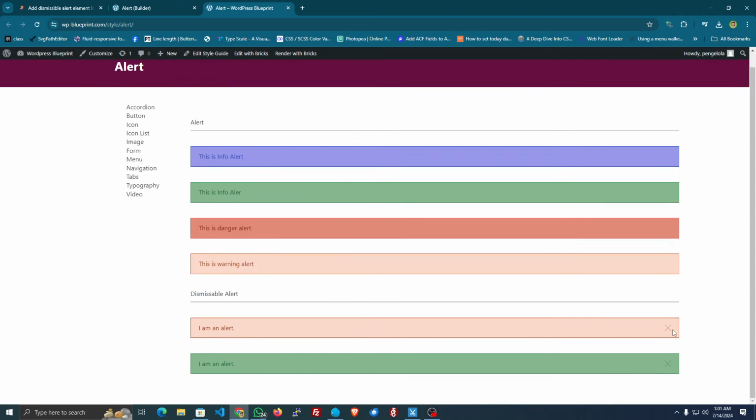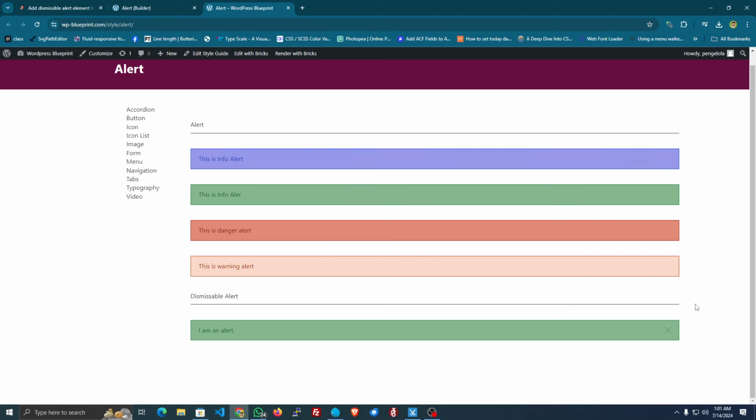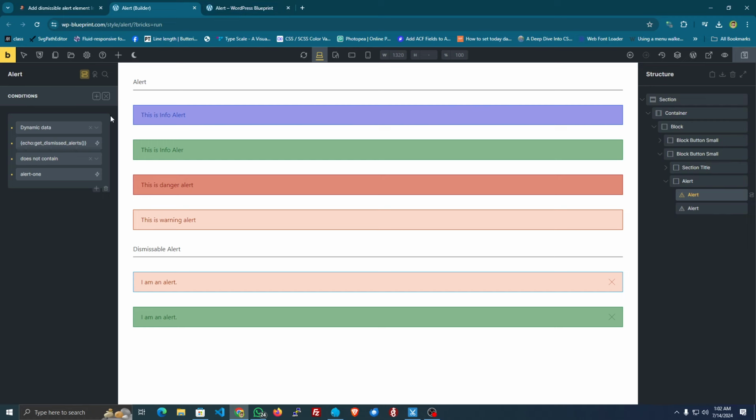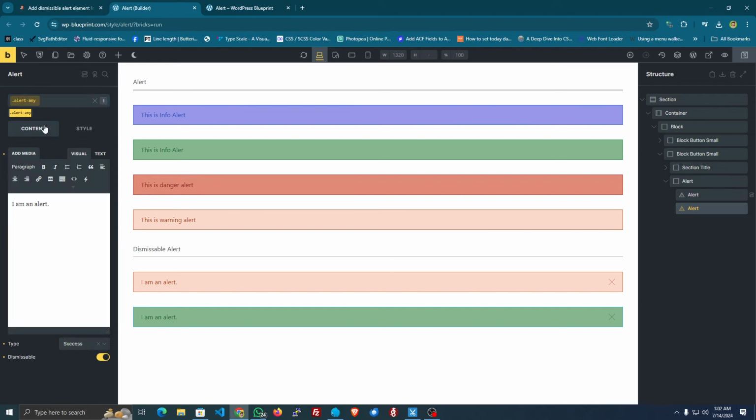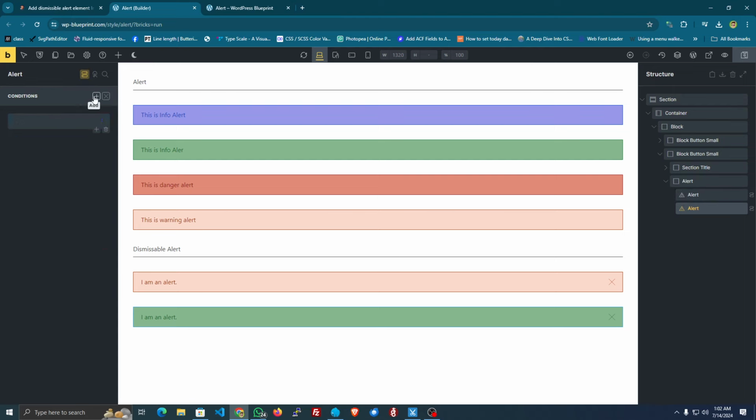Okay, let's delete the cookie first. Okay, I'm going to close the first alert. So the only one showing up should be the green one, right? Now the first alert is not showing up because the cookie contains alert-promo, and for the second one we can use the same conditional logic but with a different value. So let's add conditional logic, dynamic data, echo,